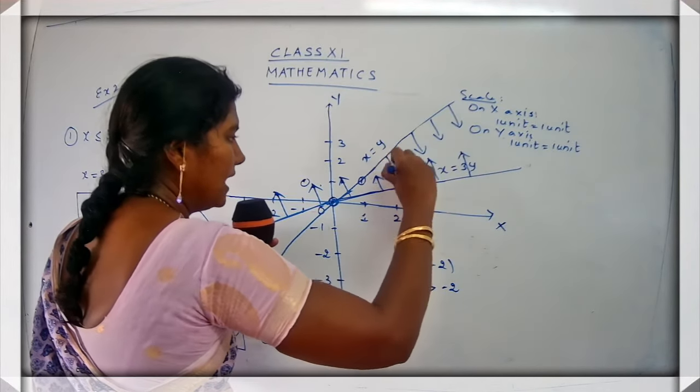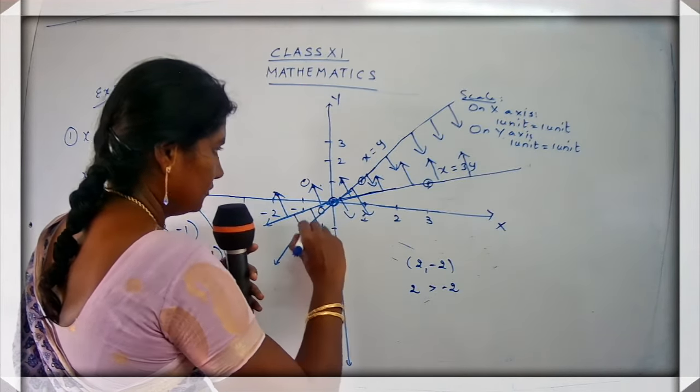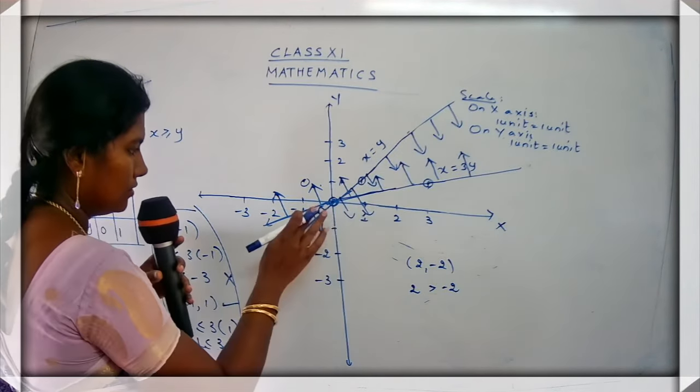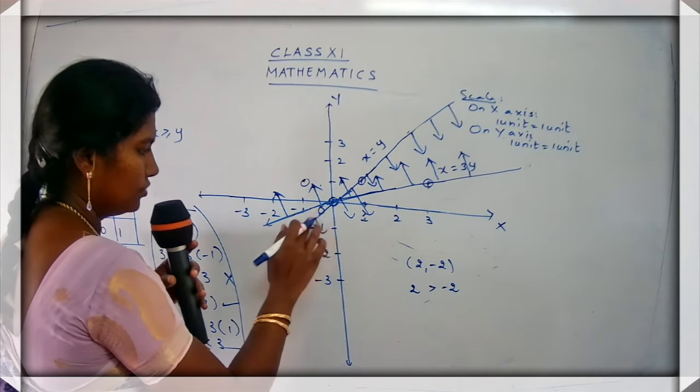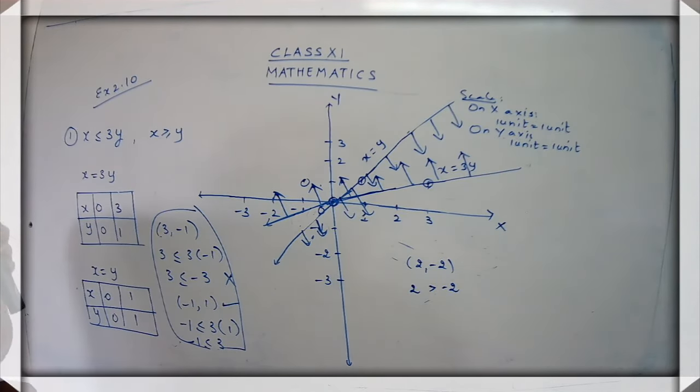You get an arrow like this. So you have to draw an arrow like this. Come on, draw the arrow. So this is x equals y, yes. So for x equals y, draw an arrow facing downwards. I hope you are clear with this, children. You do not get confused. The more we do the graph, you will be clear with the idea. Okay, I'll just explain to you once again how you get the graph.